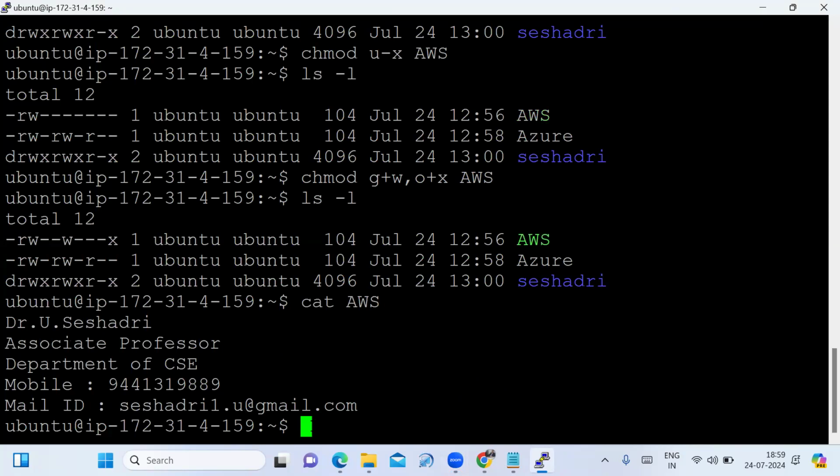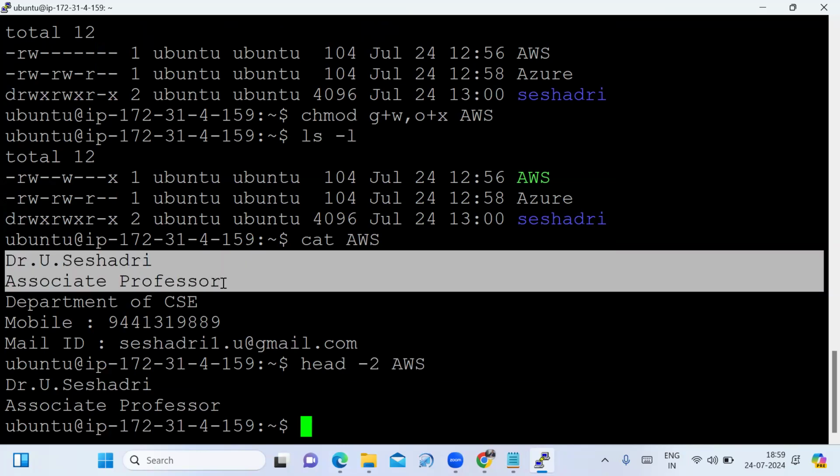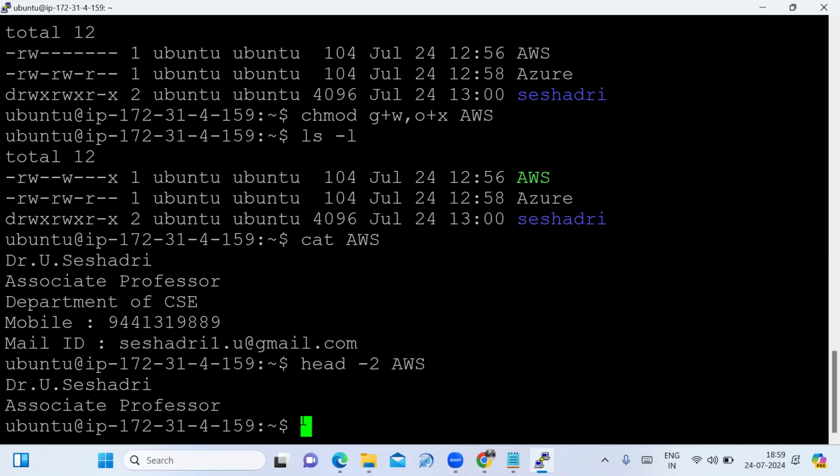Fine. Sir, I want to read, I want to display the first two lines in the file. For that, the command is the head command. We have to use head -2 and specify the file name. See, whatever the first two lines are there in the AWS file, the first two lines are displayed by